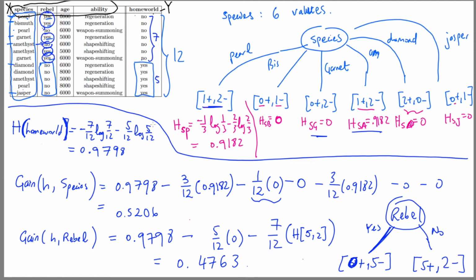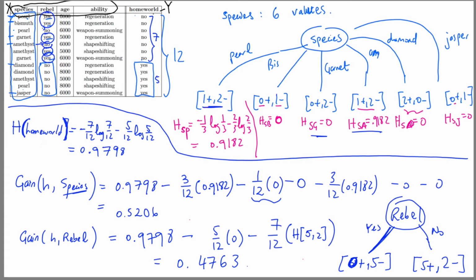Okay, which is less than the gain from species, which is kind of unintuitive because we can just eyeball it and see that rebel is a much better attribute for predicting homeworld than species is, right? Species is almost useless because most of the attributes just fall into a class of 1 point or 2 points. So what's happening is basically that the gain